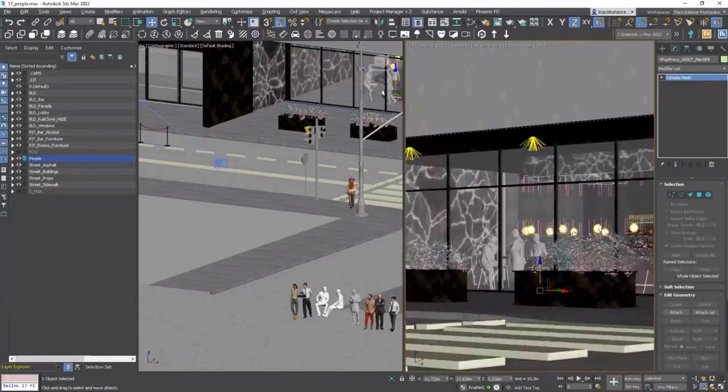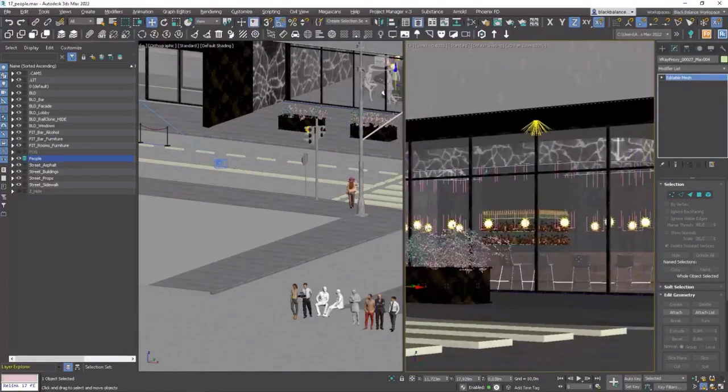We of course need some waiter to make it realistic, so let's imitate the waiter taking orders from someone.